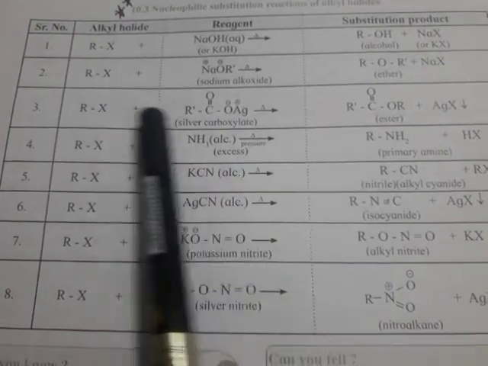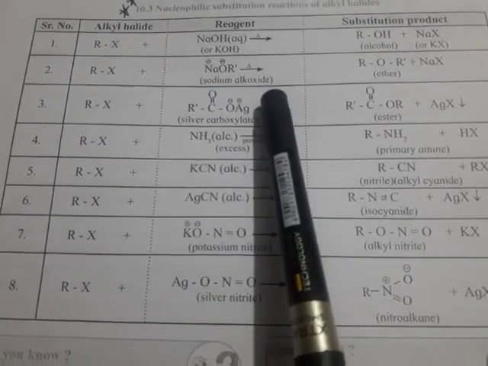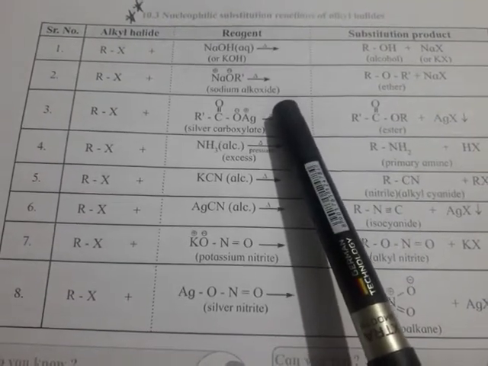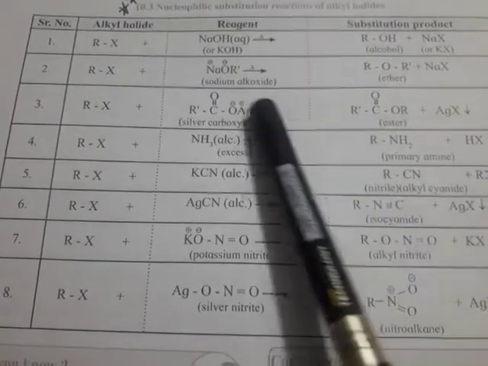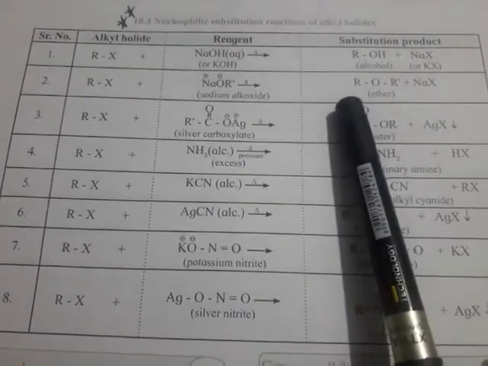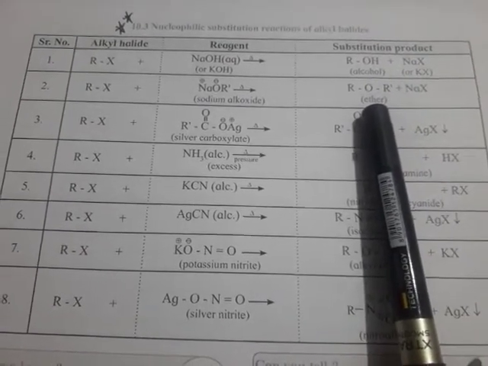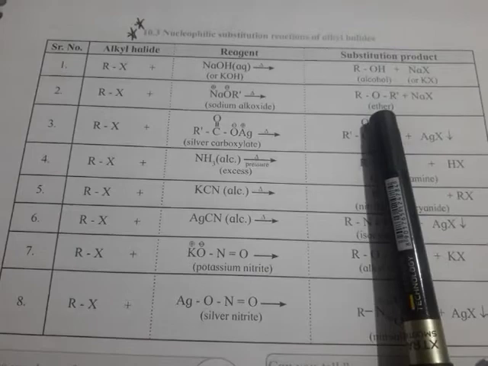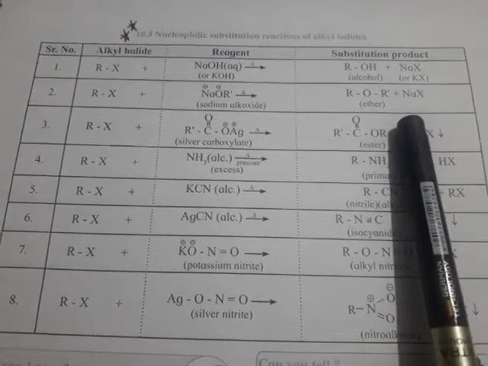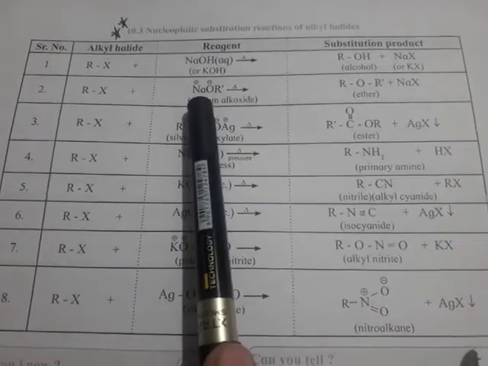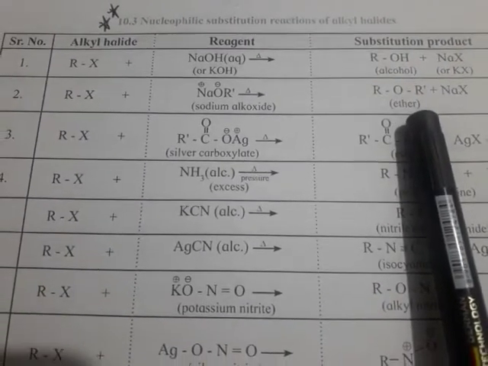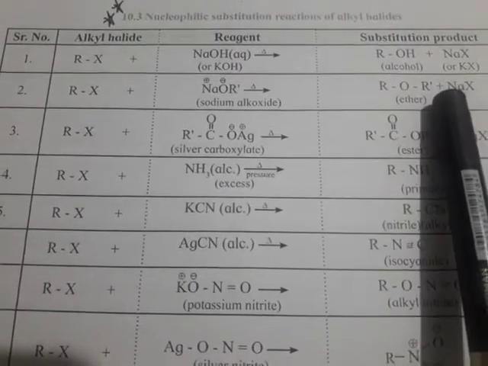The second reaction is RX reacts with sodium alkoxide. You refer to the last videos for the reaction of alkyl halide. The picture will be more clear. Already we have discussed it, so I am going a little faster. NaOR', we call this sodium alkoxide. This is a named reaction, the Williamson synthesis. The name is not given here, but this reaction we will discuss in the lesson on ethers. This is ether formation, a named reaction. So X and Na plus combine to form NaX and we get ether as product, ROR'. R and R' may be the same or different.